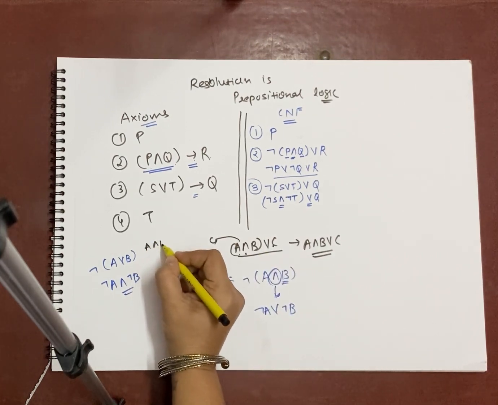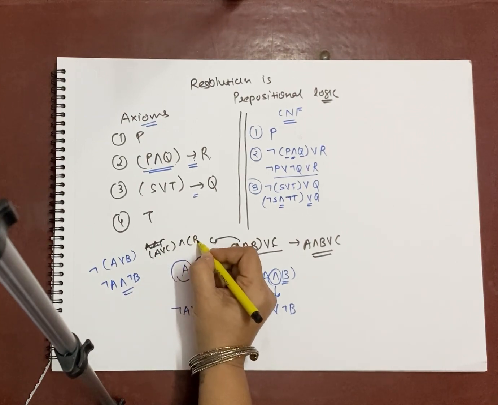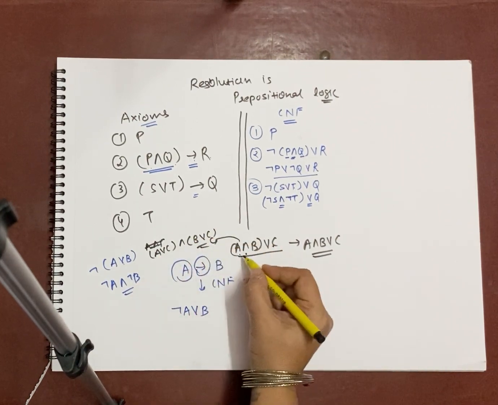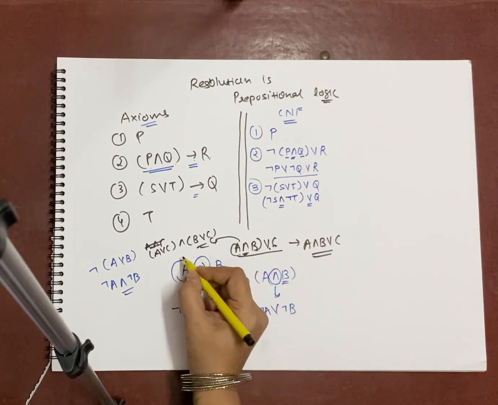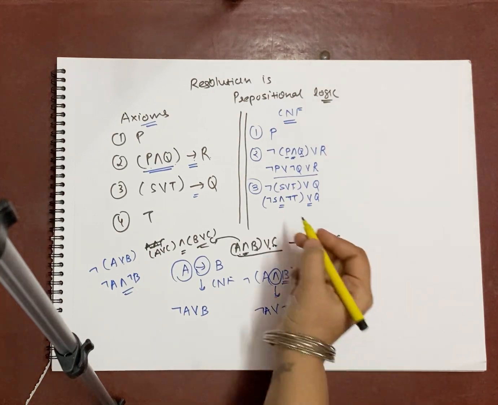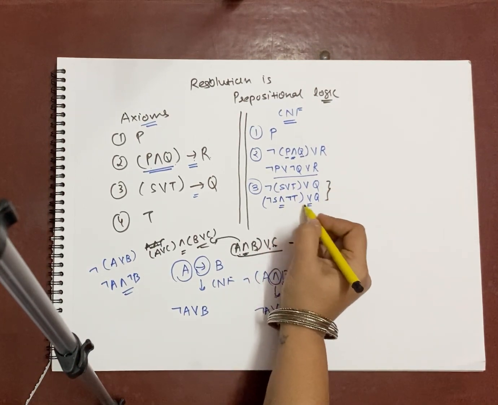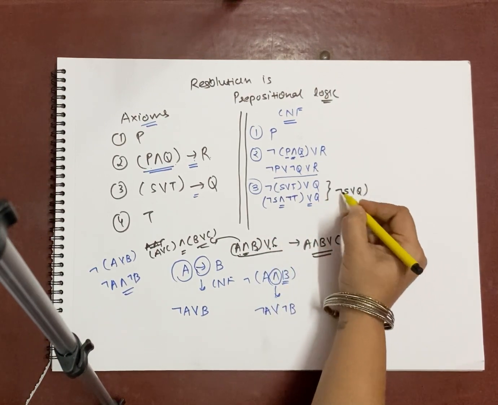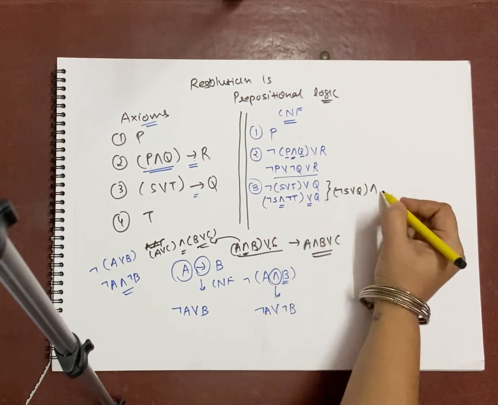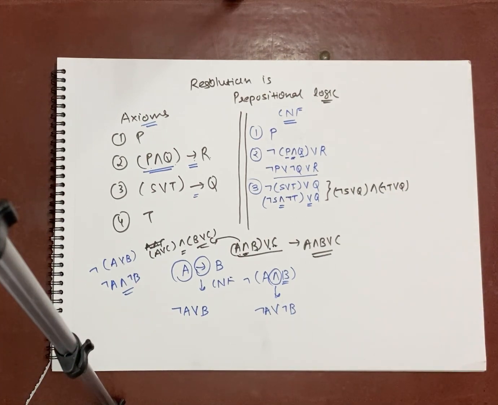It is something like (A or C), and then conjunction, and in the other bracket (B or C). Are you getting this? A will be OR with C, then B will be OR with C, and this AND will be in between. Are you getting this? So what will happen with this one? So this one will be converted to (not S or Q) and (not T or Q). So this is what we'll get after applying not to each and every individual element.